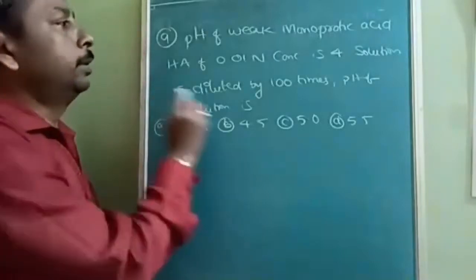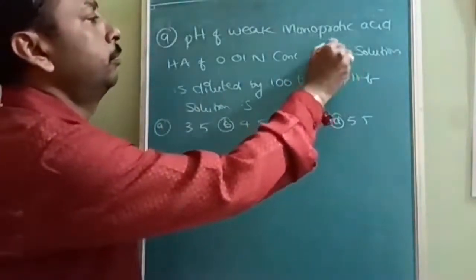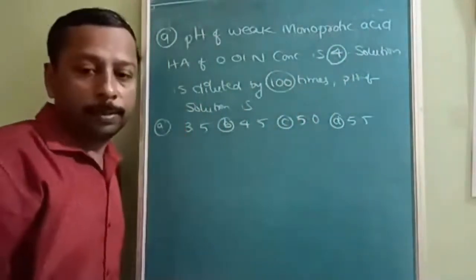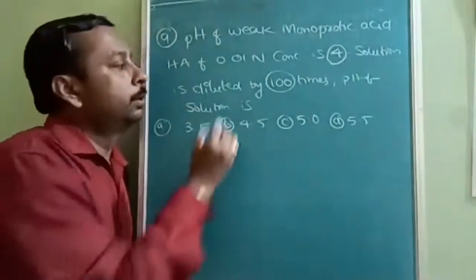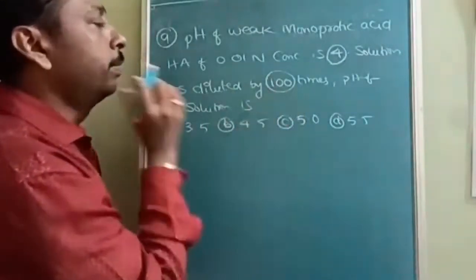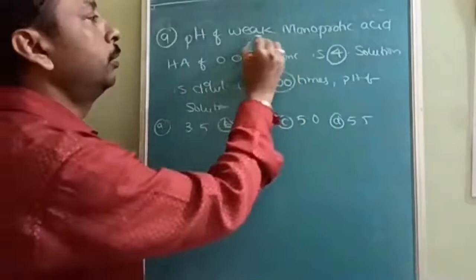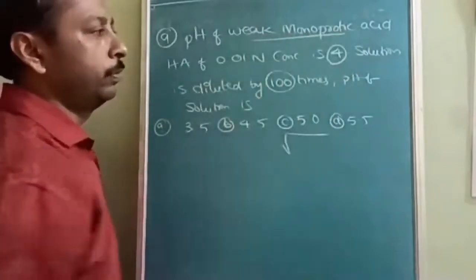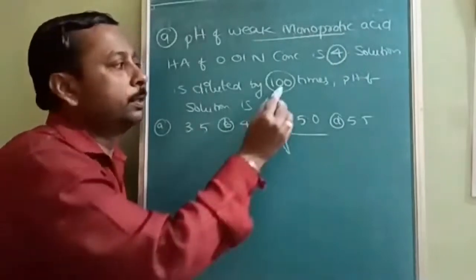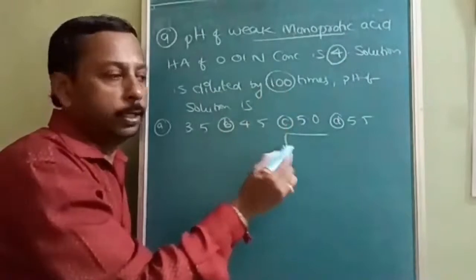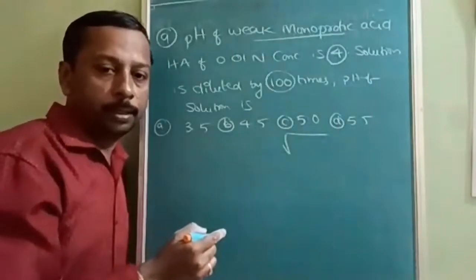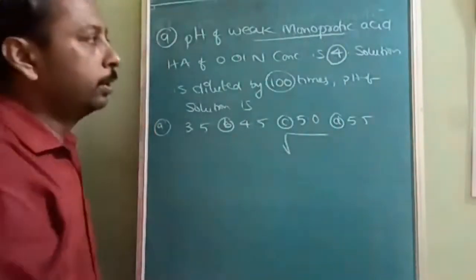So this we can do directly, technically. How technically? See, pH is how much? 4. Diluted by how many times? 100 times. Concentration is diluted by 100 times, and it is a weak monoprotic acid. So there will be a square root: square root of Ka into C. Understood? Once concentration is decreased by 100 times, because of that square root, there will be only one increment.